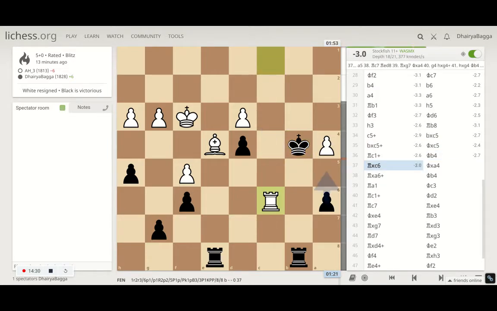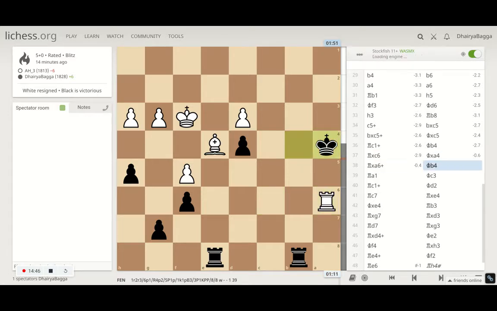He captures. Computer saying, don't give your a pawn. Okay, so this was a weakness. Don't give your a pawn. That can be an open file later on. Plus, don't give your pawn, so that you can promote it to queen later. Here I made a mistake. He takes it,